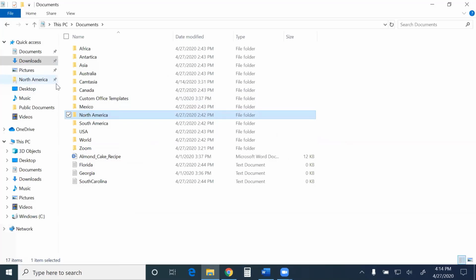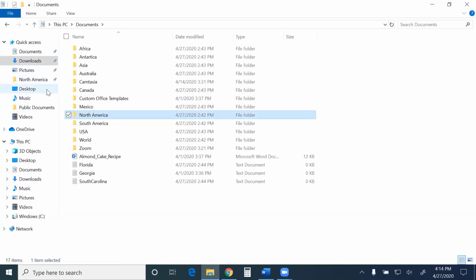You'll see this little pin icon that's just to the right of the words North America, and that means this is going to stay here under Quick Access. These things that don't have a pin only show up because those are directories that I've been into recently.